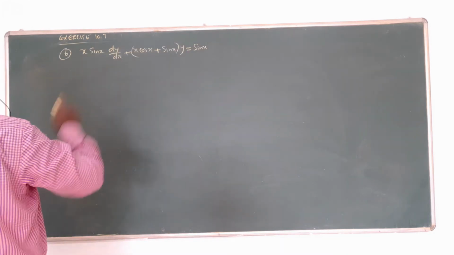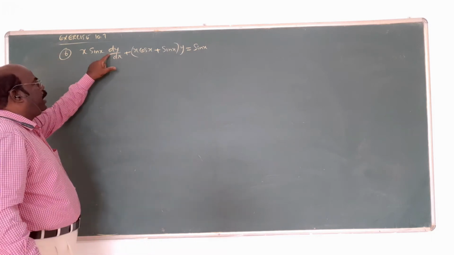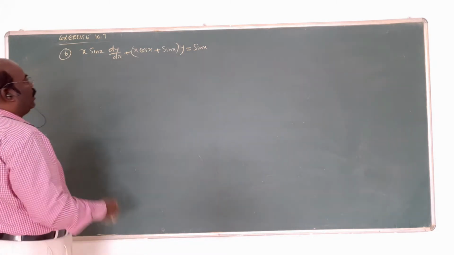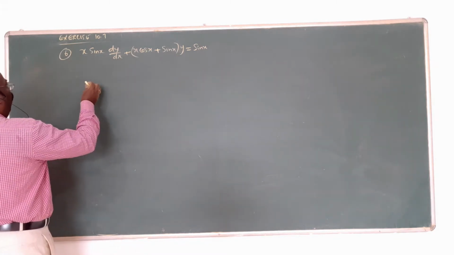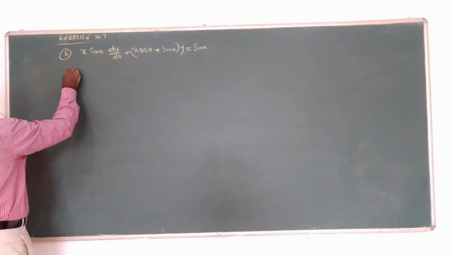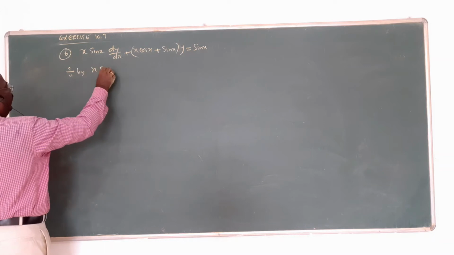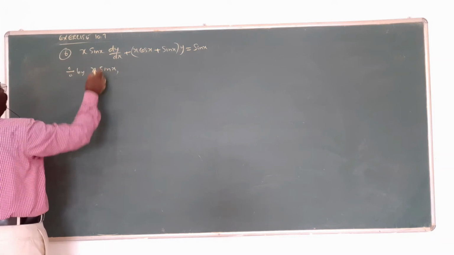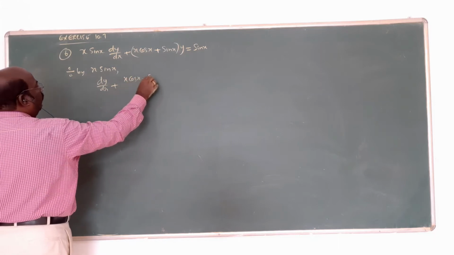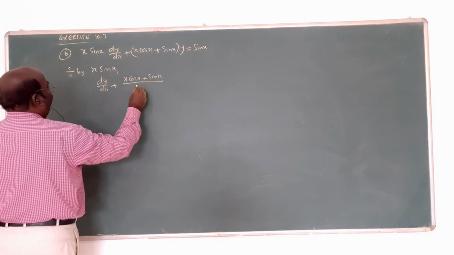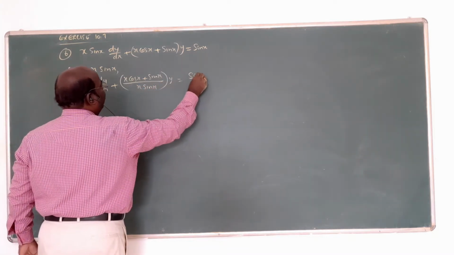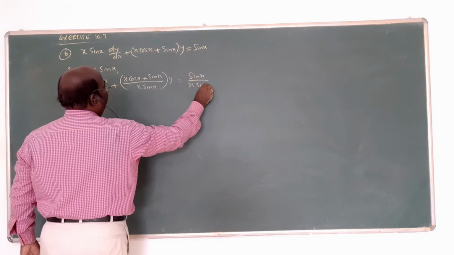Sixth question. Now the question is dy by dx. So only y is not in the first format. That's why you find dy is wrong. In front of dy you don't want this one. That's why divide by x into sin x. Am I right? Bottom this will be cancelled. You get dy by dx then x into cos x plus sin x, the whole divided by x into sin x, equal to x into sin x by x into sin x. Am I right? This will be cancelled.